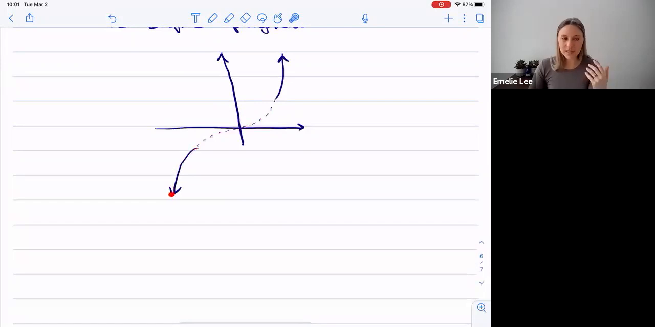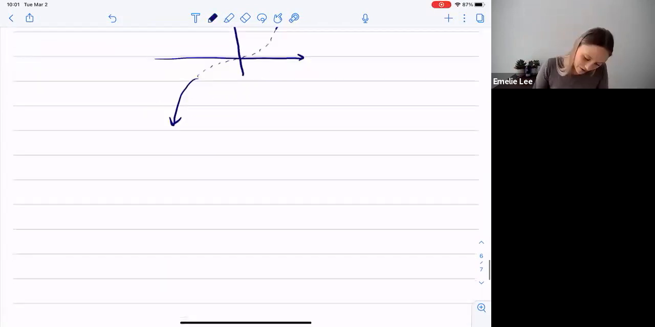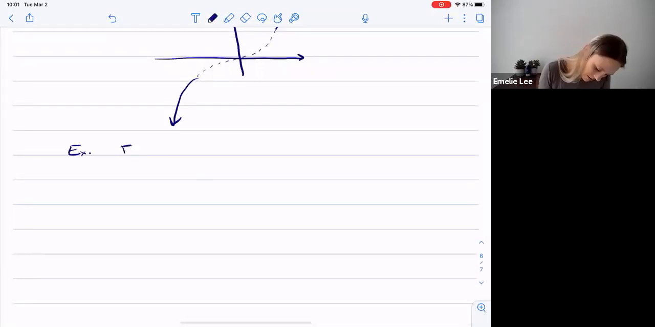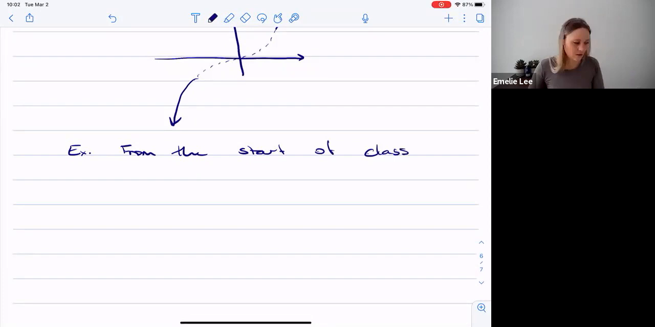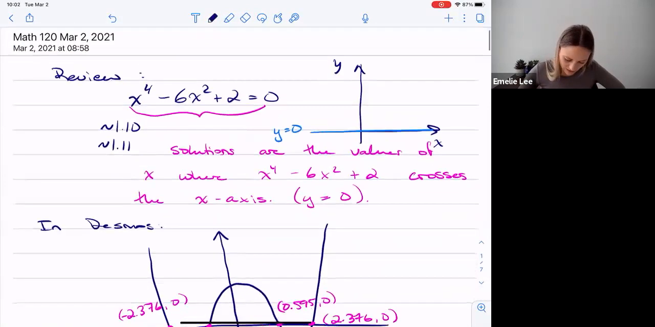But in general, this is the end behavior. And a lot of the time, it's the end behavior that we're interested in, right? What happens when x gets really, really small or really, really large? We even saw one, right? So from before, for example, from the start of class, let me go back there. We looked at